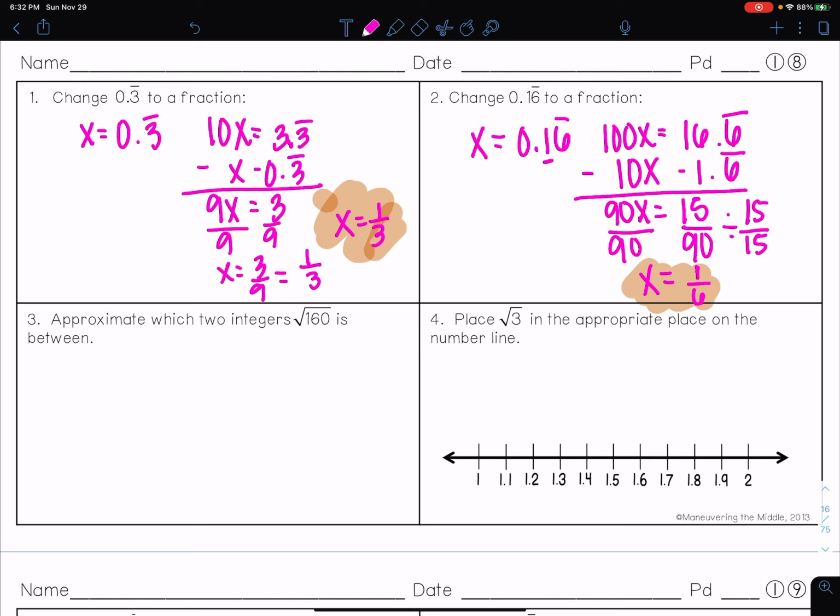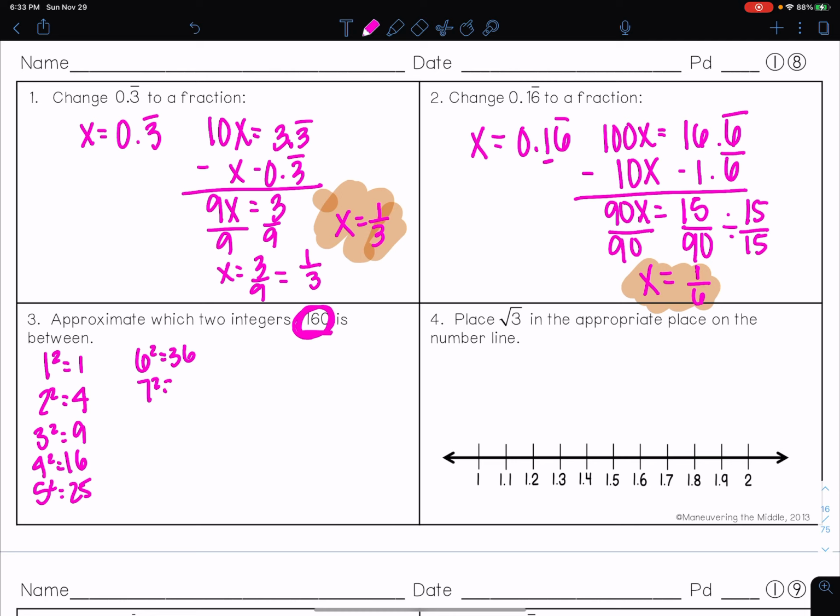All right, number 3. Approximate which two integers the square root of 160 is between. So what we're going to do is go through our perfect squares and see which two 160 lies between. So we've got 1 squared is 1, 2 squared, and again we're really just looking at what's inside the radical, the 160. 2 squared is 4, 3 squared is 9, 4 squared is 16, a little too small, 5 squared 25, 6 squared